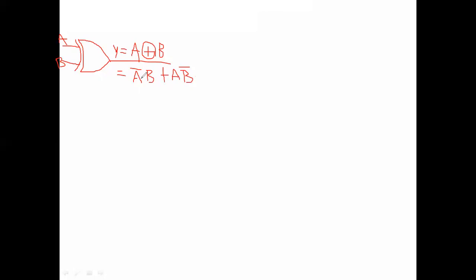The basic gates are very, very important to draw any logic diagram. How to draw the logic diagram for this expression? Here how many inputs are there? Only two inputs, A and B. So draw like this. So the first,